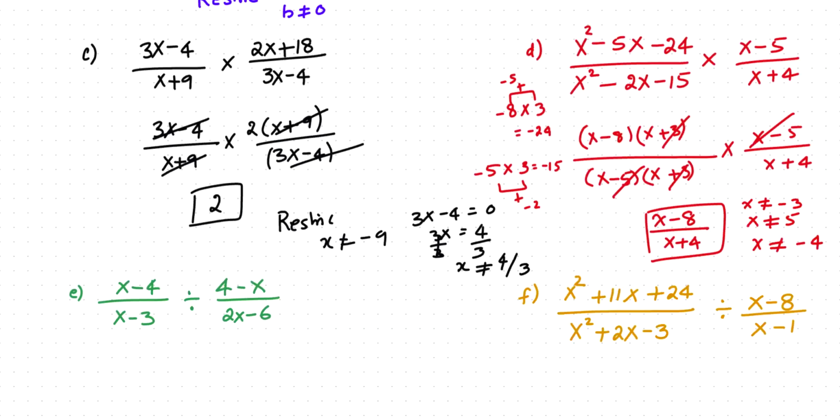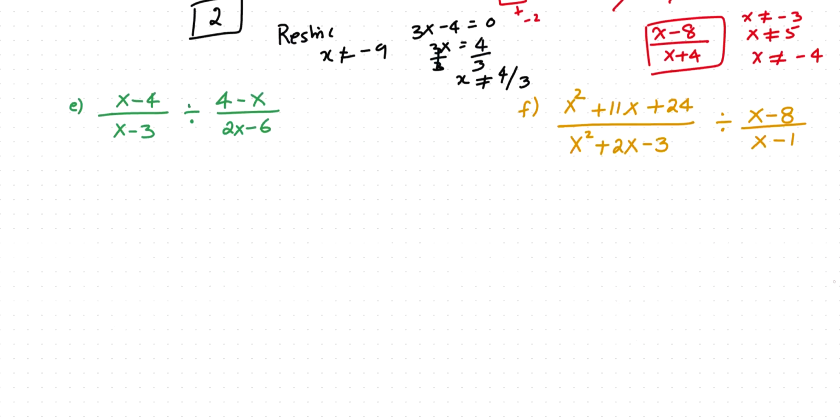The next question is x minus 4 upon x minus 3. The divide sign changes to multiplication, and this will flip, this will go up, and this will come down. So we have 2x minus 6 upon 4 minus x. Now we have x minus 4 upon x minus 3 times